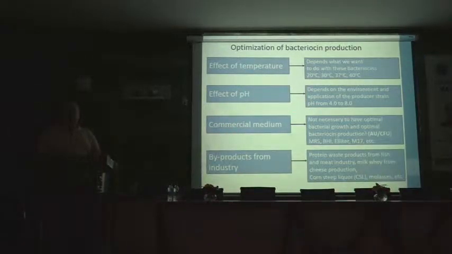Then the effect of the pH. Lactic acid bacteria can grow at lower pH, but as well they will produce. In this acid condition, operons will be expressed. So please check with a simple test. Just correct the pH of the growth media, 4, 5, 6, 7, 8, 9 maybe, and see if they grow and if they produce. As well, this is an important test to know if the strain can be applied as a probiotic,